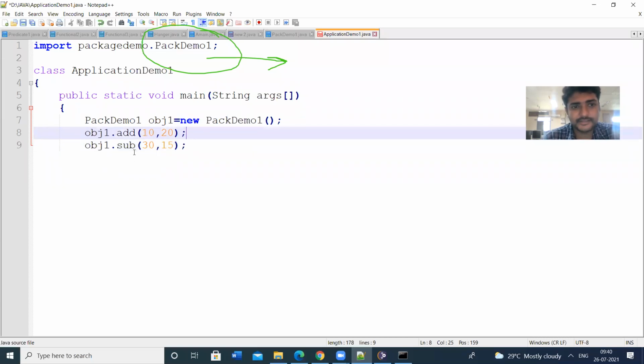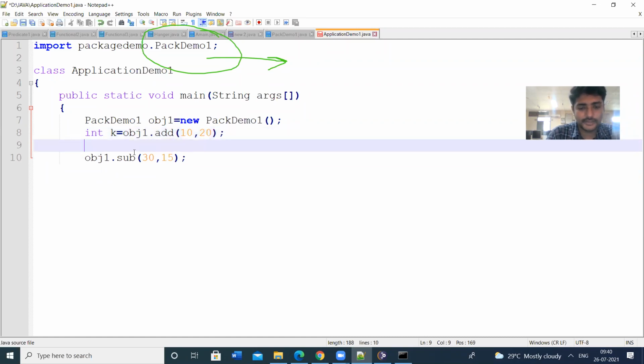So let us print these things. How can you print? It has the return type, so you can save this to some variable k. Int k is equal to obj1 dot add. Let us print this one.